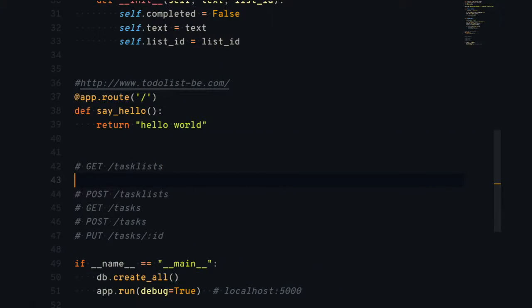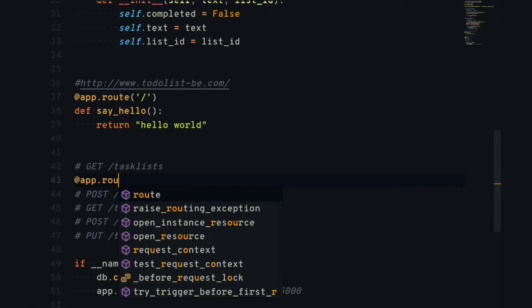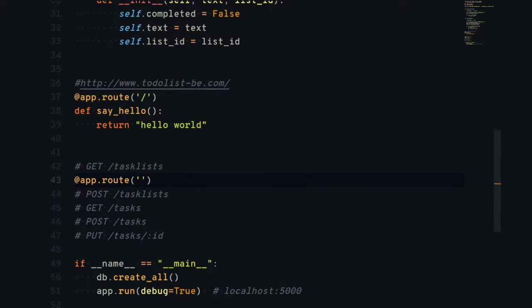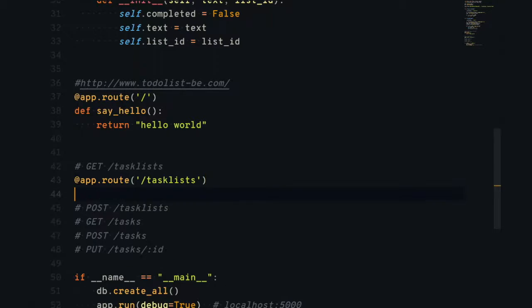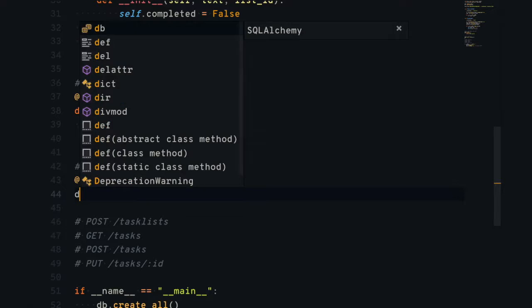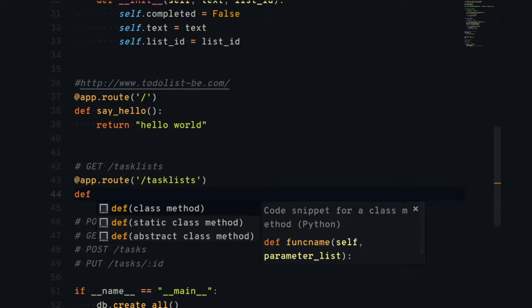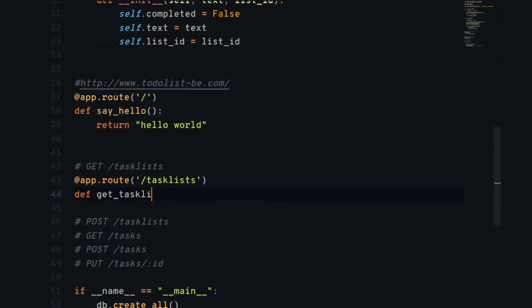The first endpoint is going to be a route that will indicate /task-lists. As you remember, we created a route here that indicates the base route. In this case we'll create another route, but this will be app.route. In quotes we'll have /task-lists, and by default the method that this route will have is GET, so we don't need to specify the method here. This route will wrap a response function which we will call get_task_lists,